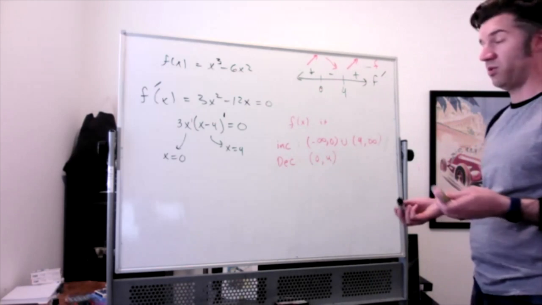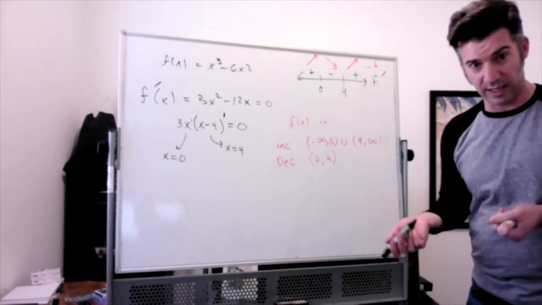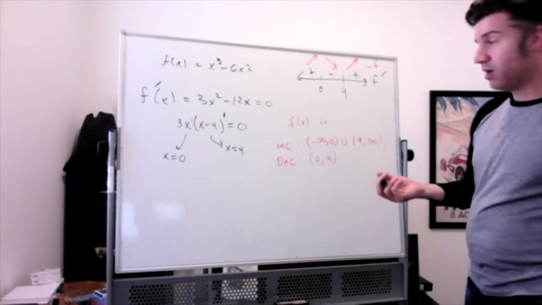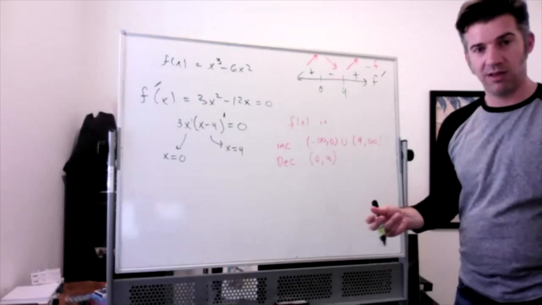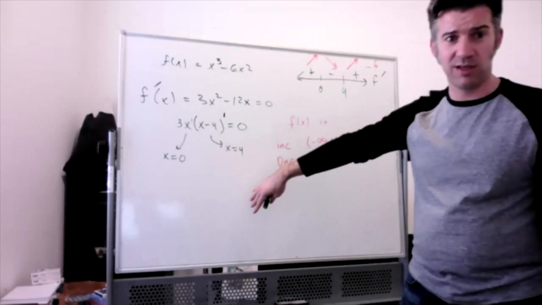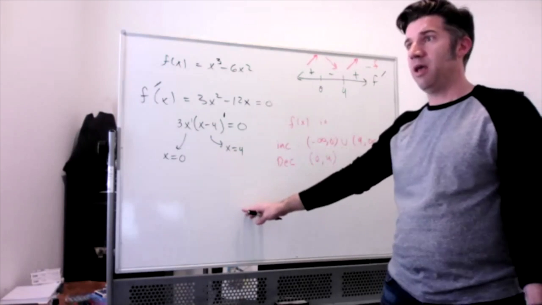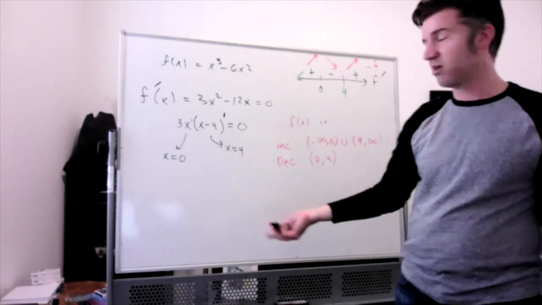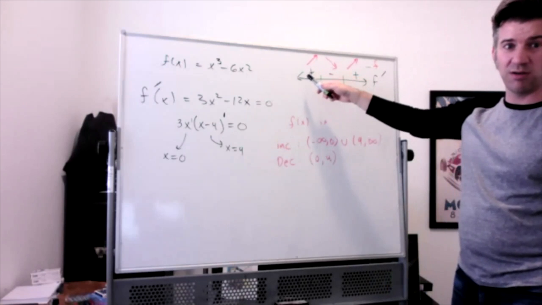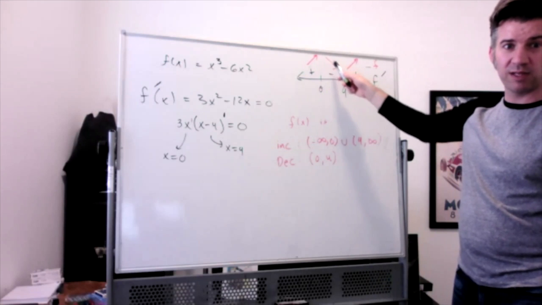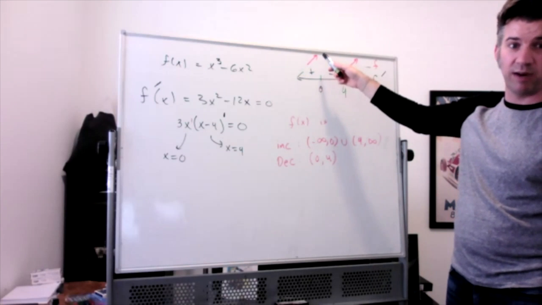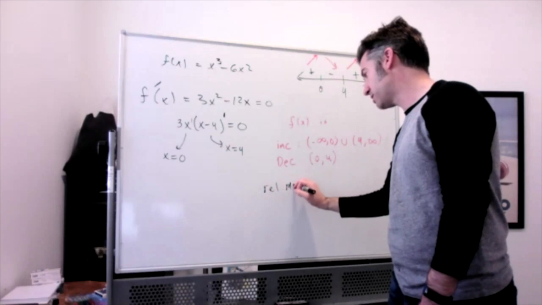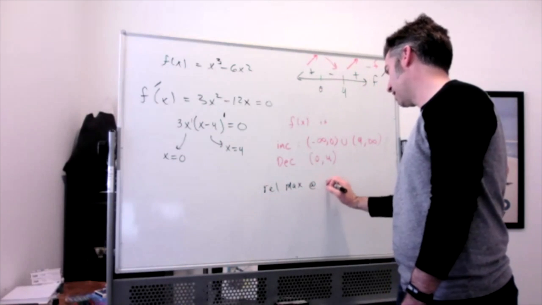And we can also then use the first derivative test to see where we have a relative max or a relative min. And here's the real gist of it. You can write out a lot of words to say, okay, if you've got a function and it's increasing to the left of a critical value and decreasing to the right, it's a relative max. I'm just going to look at this picture. My function was getting bigger and then it was getting smaller. Oh, it must have been as big as possible right there at 0. So we have a relative maximum at x equal to 0